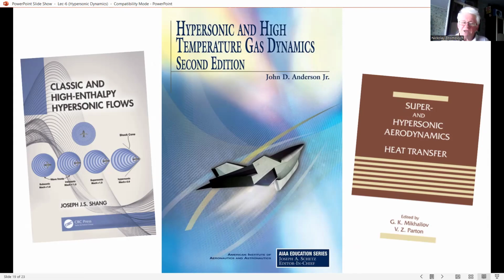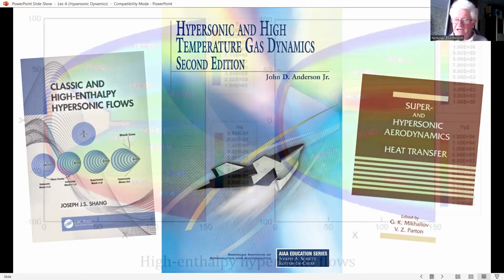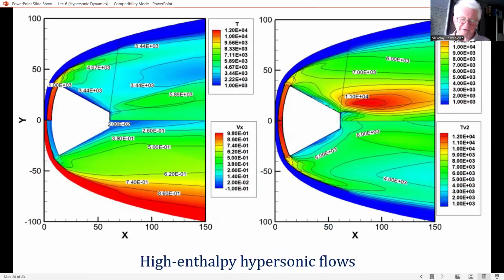For proof, just compare the lengthy discussion we have presented in this module with the analogous simple discussion for subsonic and supersonic flow that you can find in standard textbooks, such as this slide. Okay? However, despite its nonlinearity, hypersonic small disturbance theory does provide useful results for the analysis of hypersonic flow over slender